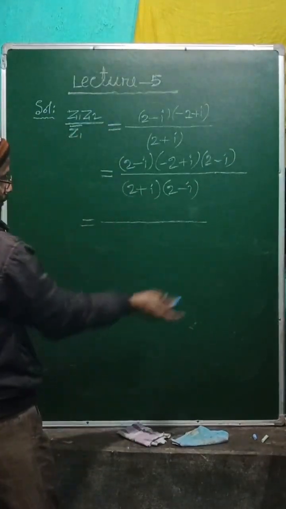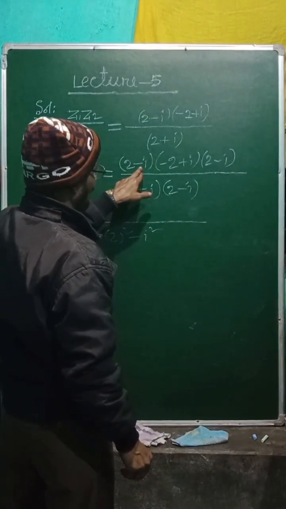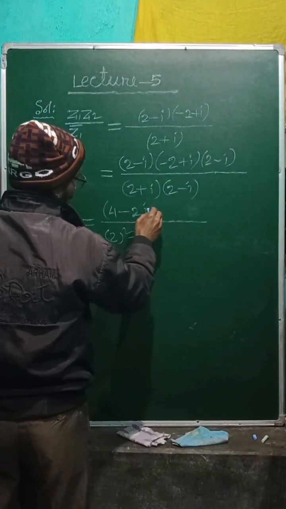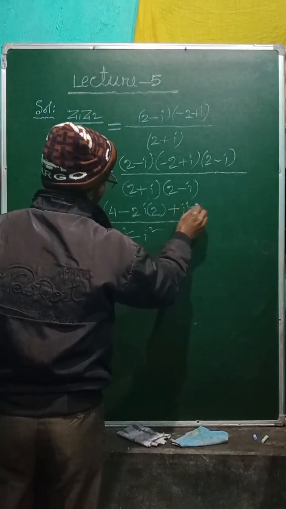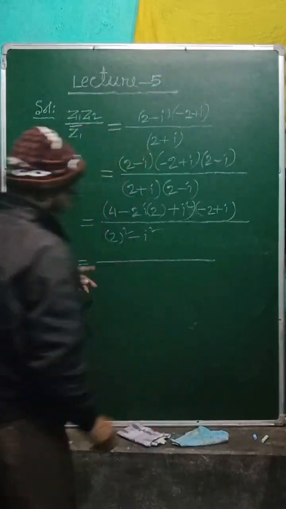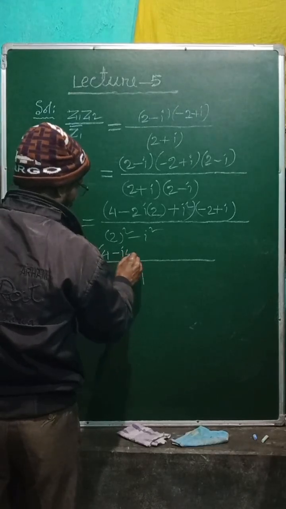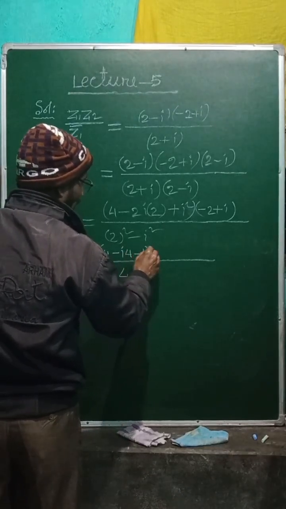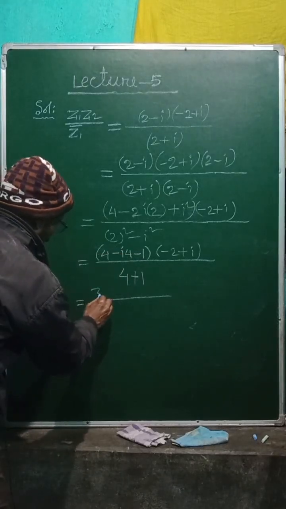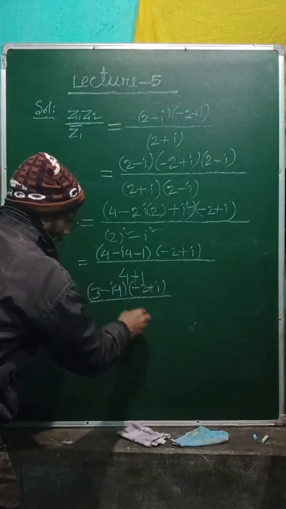Simplify. Here a square minus b square form, so 2 square minus iota square, and here 2 minus minus iota and 2 minus iota, it will be 4, and then 2 iota into 2 and plus iota square and remaining this multiplication minus 2 plus iota equal to here 4 plus 1, and here 4 minus iota 4 minus 1 into minus 2 plus iota equal to 4 minus 1 means 3 minus iota 4 here into minus 2 plus iota by